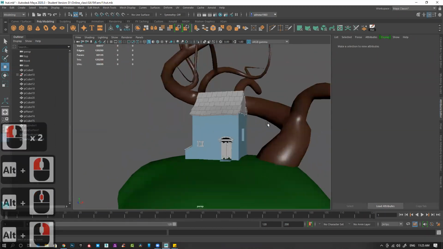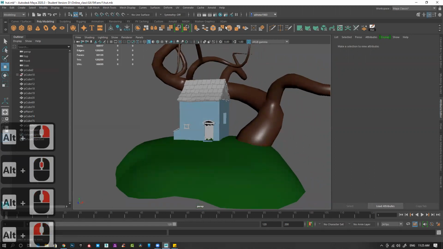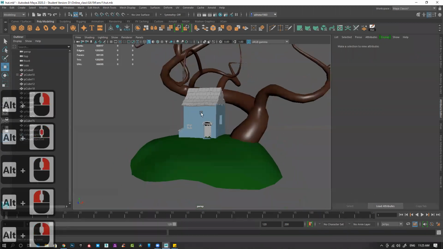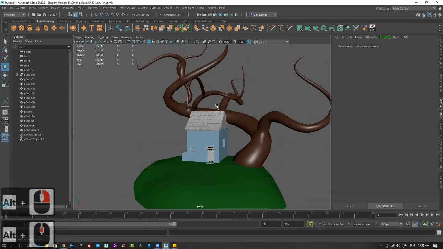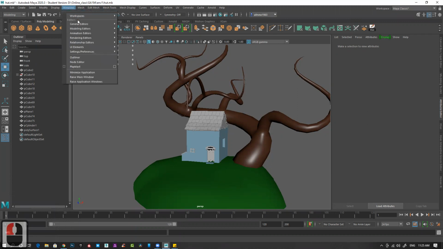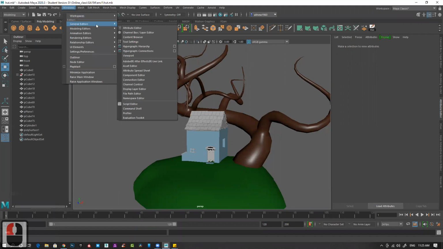How do I copy a material from one object to a different object? Yes, yes. For that, this is the viewport, and I'm talking about only the viewport right now. But if you want to modify things, copy paste a material, or change anything, you have to click on this option. It's called Hypershade, or go to Windows, General Editor.